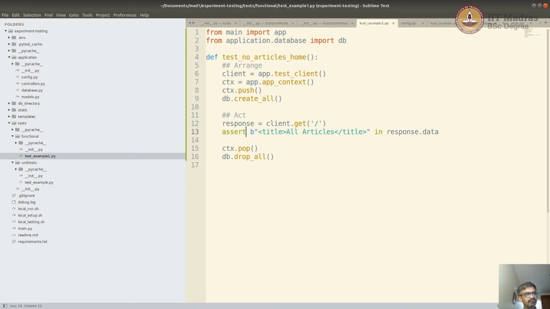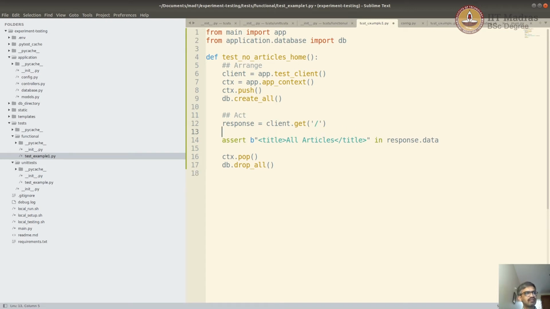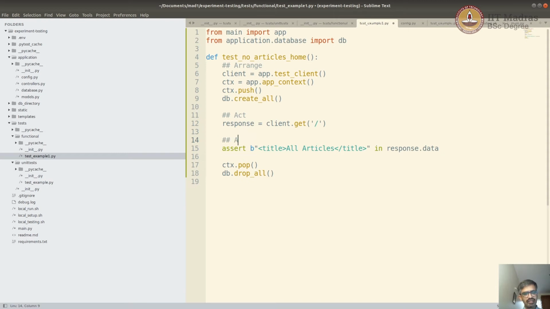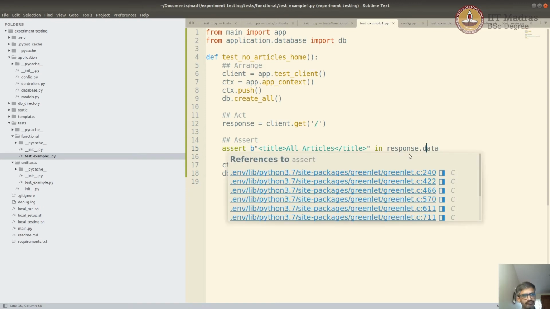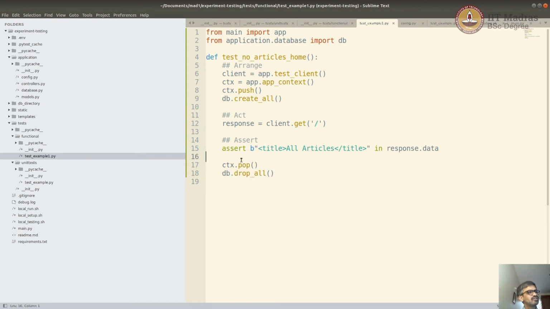That is act. Then we are asserting. Asserting is where we are checking whether the response that we got is same as expected. What we are expecting is this, and this is the response, and we are asserting that they are same, right? That's assert. The last word is cleanup,